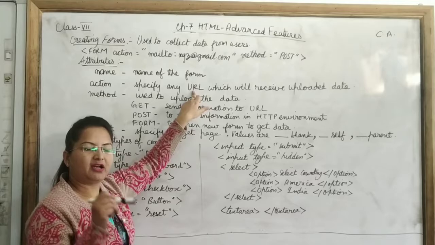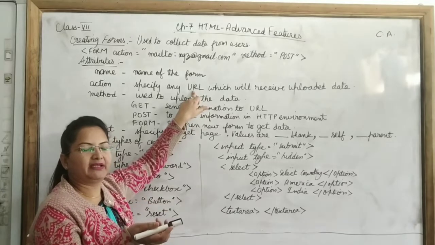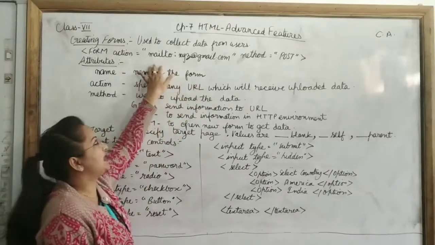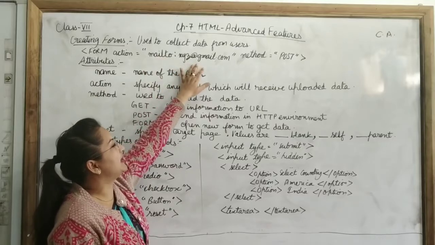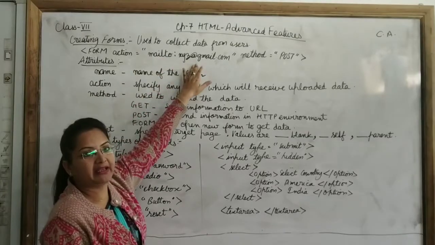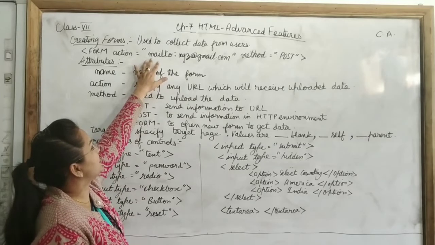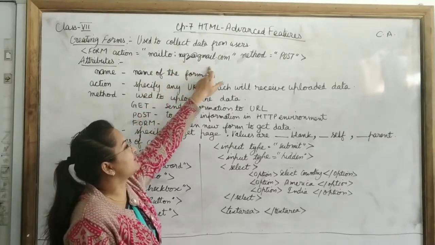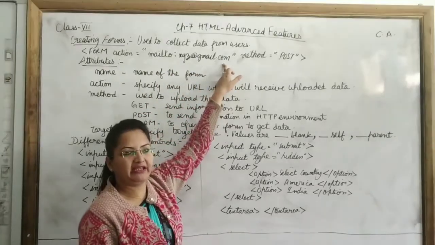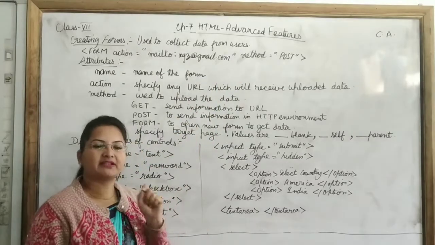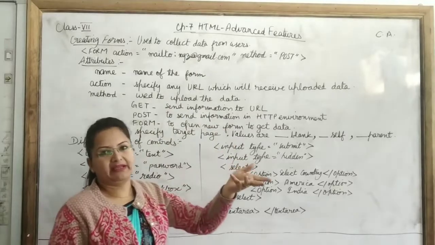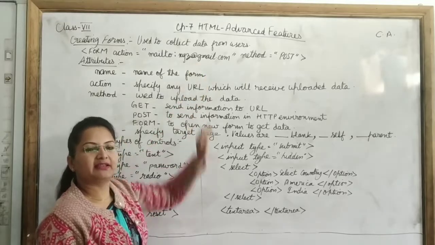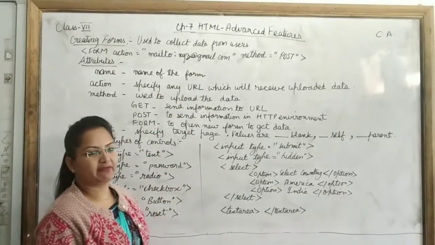Okay, means the data that we have to send to the other page, so we have to mention the address of the page over here. It can be an HTML file, it can be any website, or here you can specify mail address also. You can see I have specified mail here. So if we have to specify the mail, then you have to write here mailto and then colon. Okay, in place of xyz@gmail.com, you can specify any mail address. Now what will happen when we submit the form? The data will be sent to the mail address. Okay, if we specify any website address over here or a web page address, then the data will be sent to that specific web page.